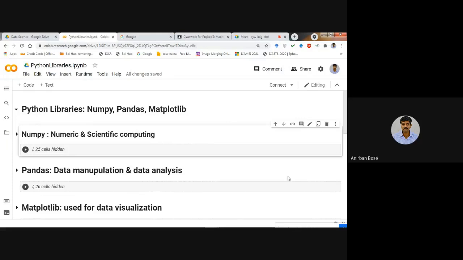So today we are going to discuss Python libraries. Initially we are going to discuss three very important libraries. One is NumPy, as you can see, and another one is Pandas, and Matplotlib. There are many other libraries also. In due course, we will see scikit-learn and Seaborn and all these different libraries during the project. But right now, these three very, very important libraries we will discuss. So we'll start with the NumPy library.